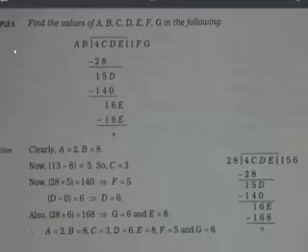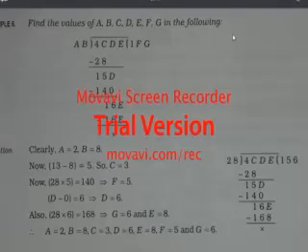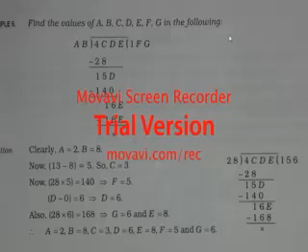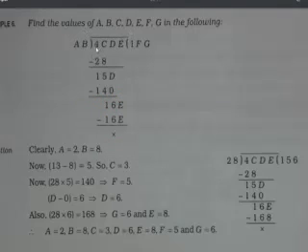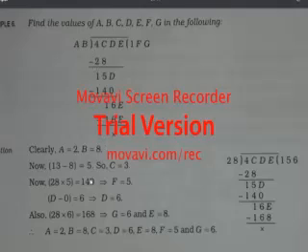Now if you will see example 6, here it has been said find the values of a, b, c, d, e, f, g in each of the following. There are 7 numbers which you have to find. Now let's see how we will be finding. From here 1, it is clear that if this number is multiplied with 1, it will be 28, as it has been kept 28. So AB is what? 28. So in place of A there should be 2, and in place of B there should be 8.